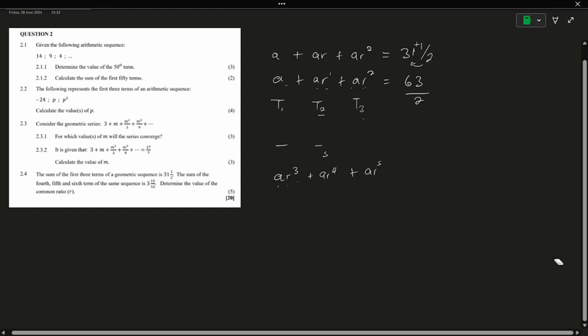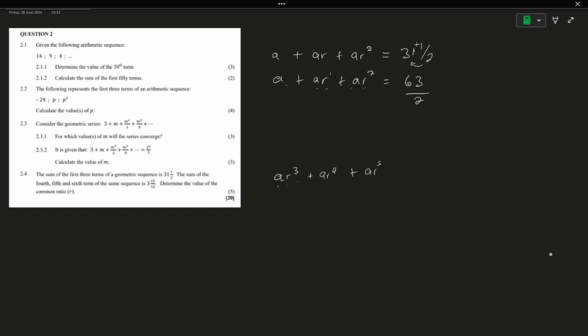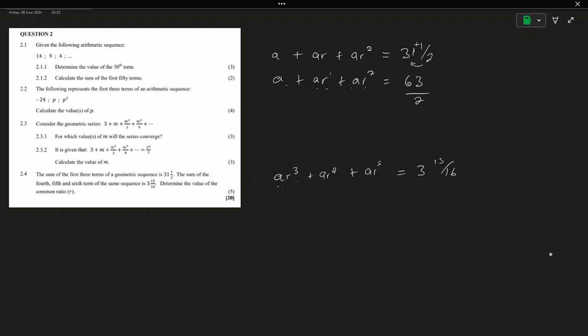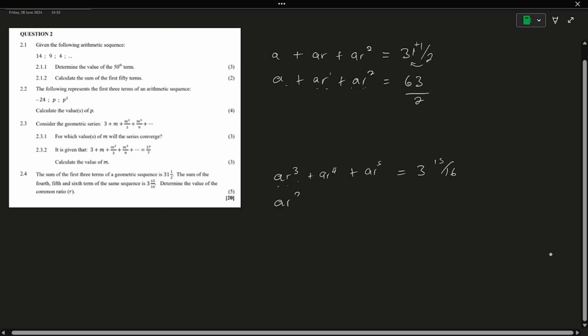So let me erase this. I hope it made sense. If it doesn't, leave a comment down below, right? So we are told that this AR to the power 3, AR to the power 4, and AR to the power 5 is equal to 3 and 15/16. Again, let us convert this to an improper fraction. So we're going to have AR to the power of 3 plus